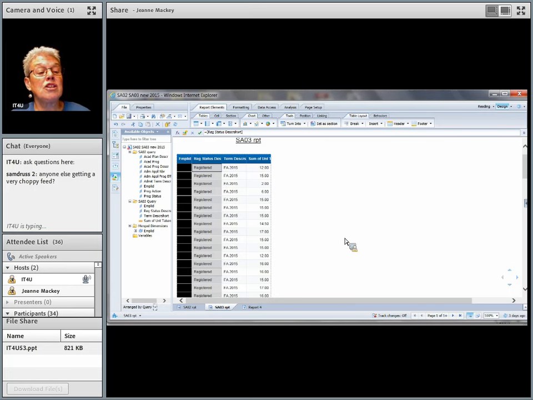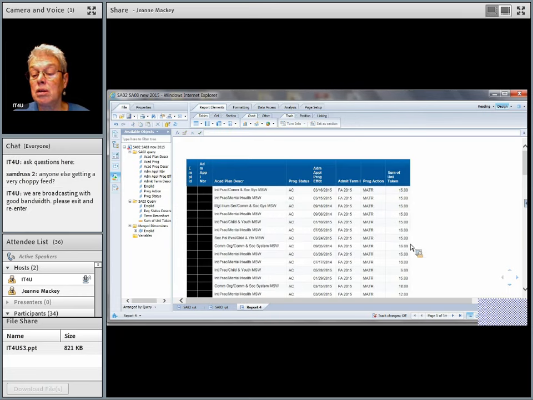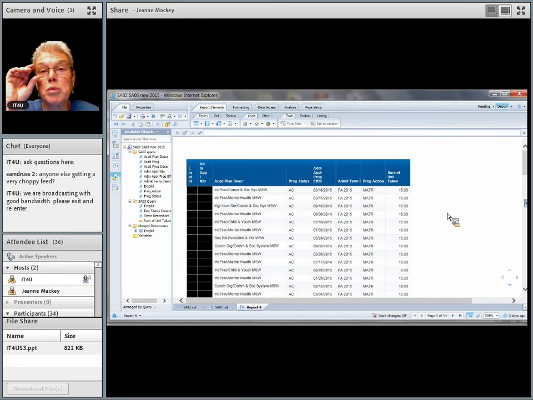All right, so that shows me an SAO2, an SAO3. Now, when I'm thinking about how this works, when I create my report, there's a little troubleshooting going on for people who are getting a choppy feed. When I create the report that's going to draw from both queries, I'm going to look at my queries here and which one has more objects. In this case, it's SAO2.